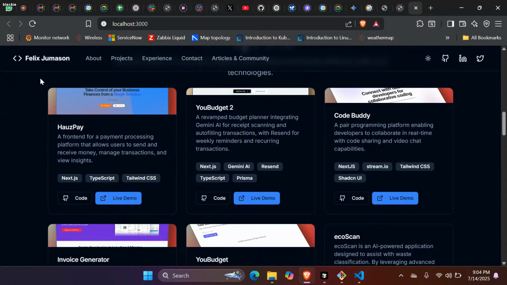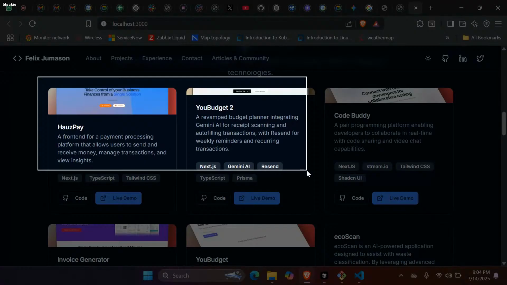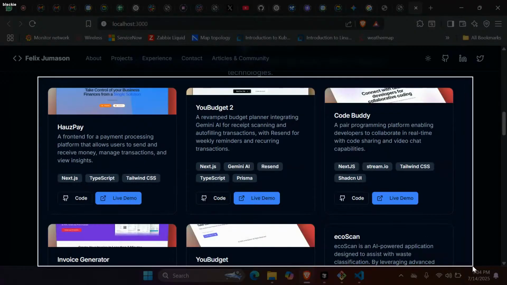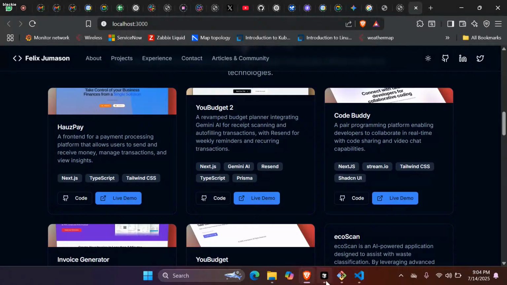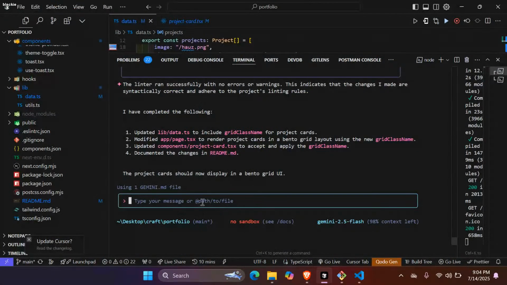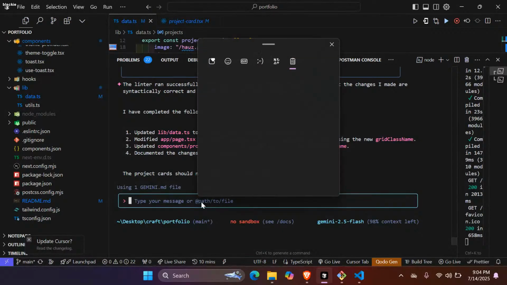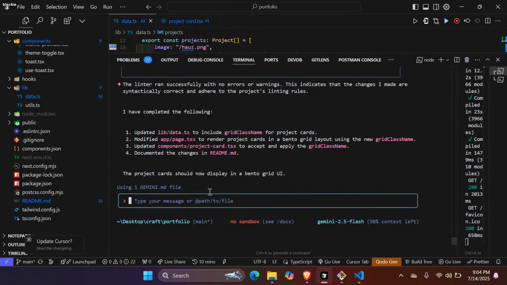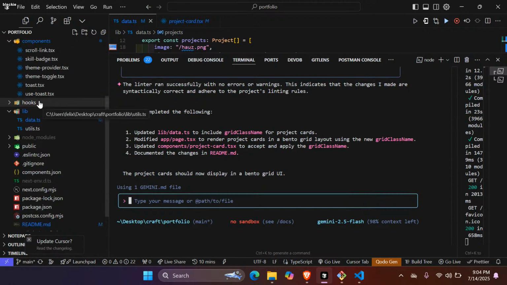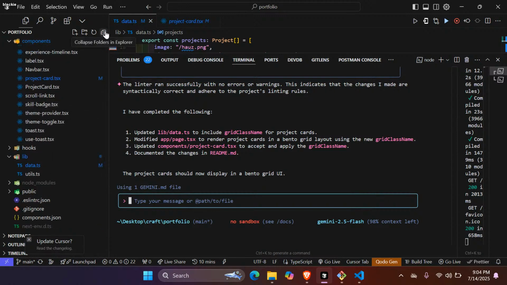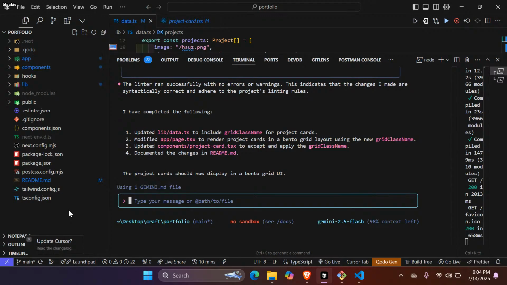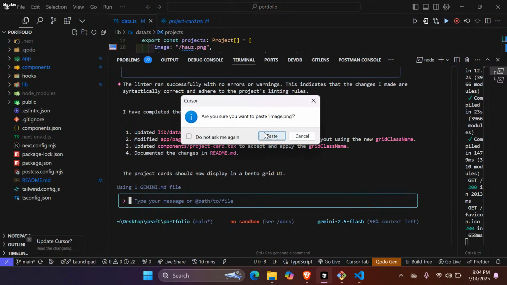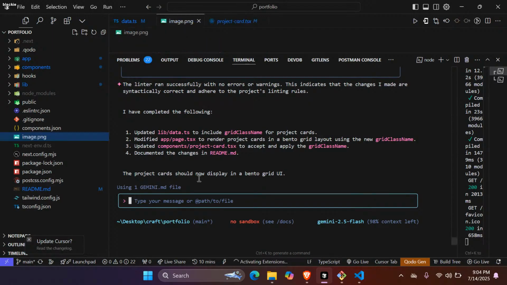Let's do this. Okay, I'll have to paste it somewhere. We collapse these, paste it here. I want to paste the image. Let me just paste it up.